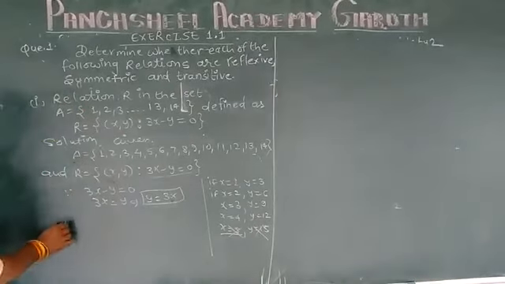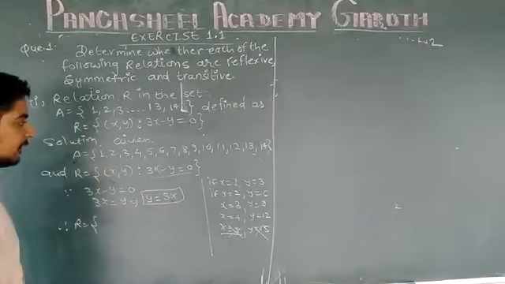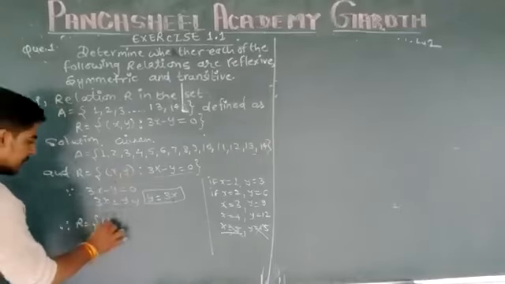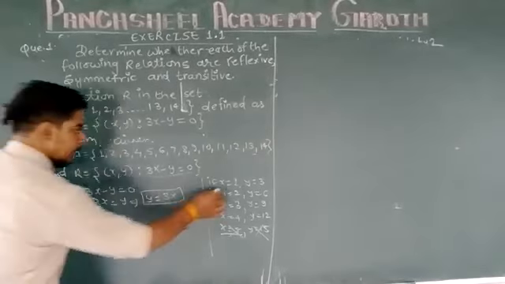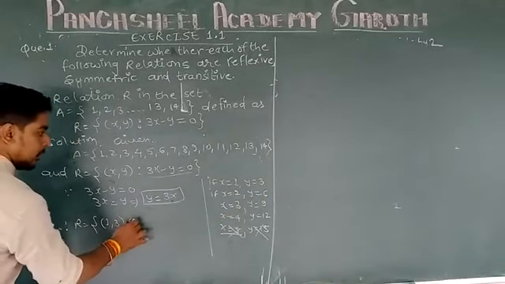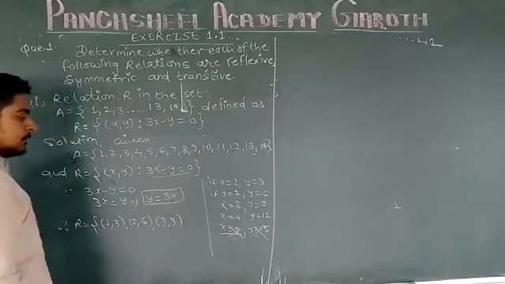Therefore, the required ordered pairs which will come in the relation R are (1, 3), (2, 6), (3, 9) and